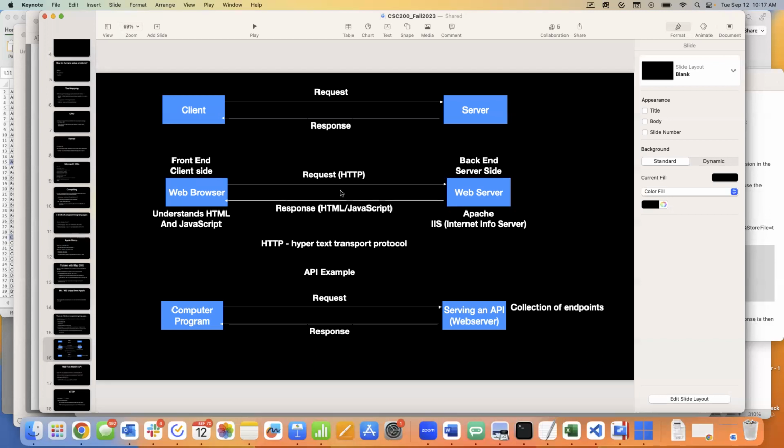So it makes the request using the HTTP protocol. The server, which is just another computer somewhere, is probably connected to the internet in the example that we have here. But there's nothing that keeps you from creating a local web server on your computer, so you're actually only talking to your own computer using the HTTP protocol.